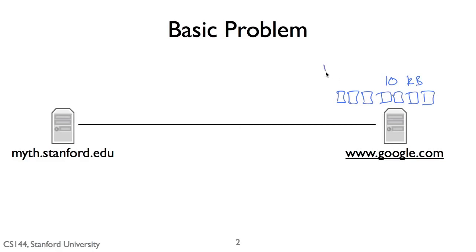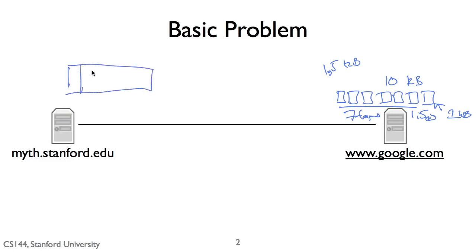So in this case, if I had, say, an Ethernet frame size of 1.5 kilobytes, I'll need to split this 10 kilobytes into seven fragments, where the first 6 could be 1.5 each, and the last one, say, is 1 kilobyte. So that's the process of fragmentation. Then these fragments arrive at myth, and its job is to assemble. So it takes these 7 fragments, 1, 2, 3, 4, 5, 6, 7, and reassembles them into the original 10 kilobytes